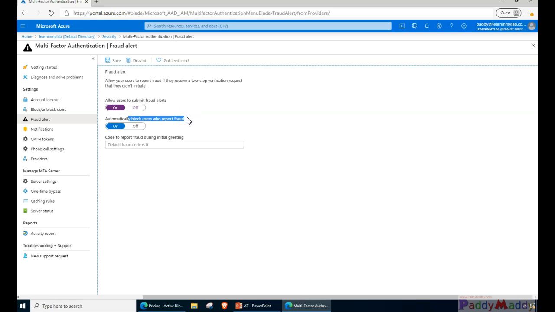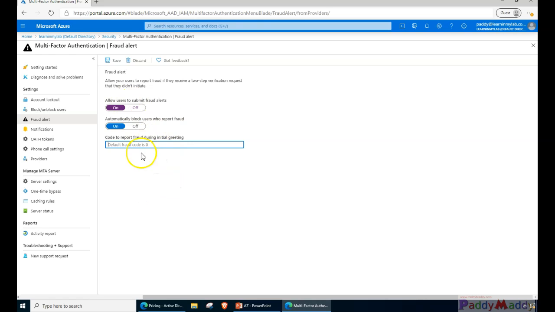For example, a user might be traveling and he got some authentication call, an automated call from Microsoft multi-factor authentication, and when he left the call, it is asking him to press the pound key to authenticate, whereas the user himself or herself has not actually initiated any of the actions. So that could be a fraud. So it has an option to report with a specific number by entering. Let's say by default it is 0, but if you want to enter any other number, you can initiate that